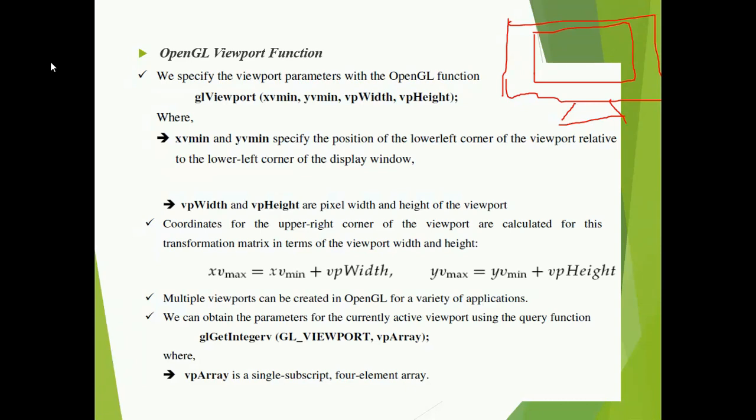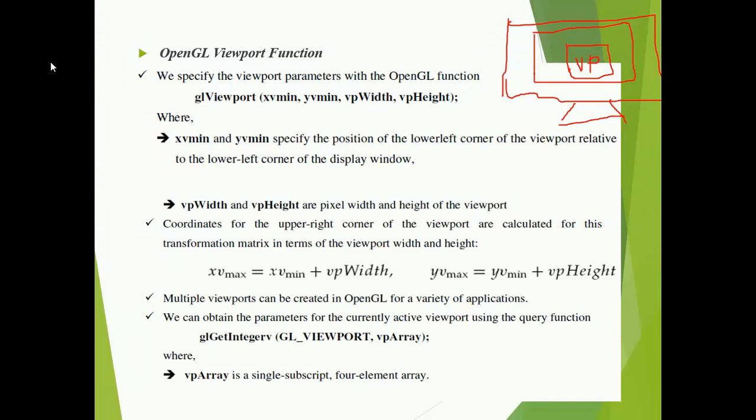And inside the display window you are going to have a viewport. Okay, so all your images, whatever you have selected using a clipping window, will be displayed within this viewport.